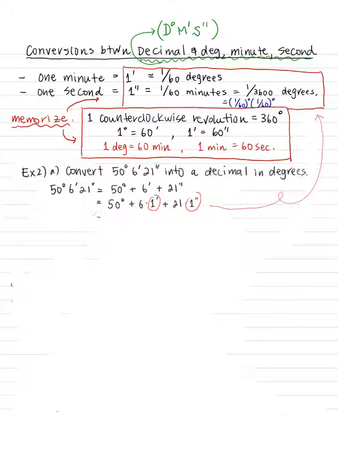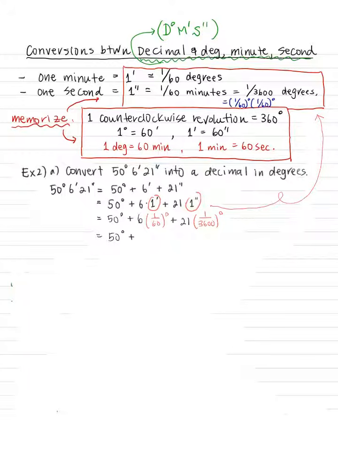So this is the same thing as 50 degrees plus 6 times, now 1 minute is how many degrees? 1 over 60 degrees. And then plus 21 times 1 second, which is 1 over 3600 degrees. So this is the same thing as 50 degrees